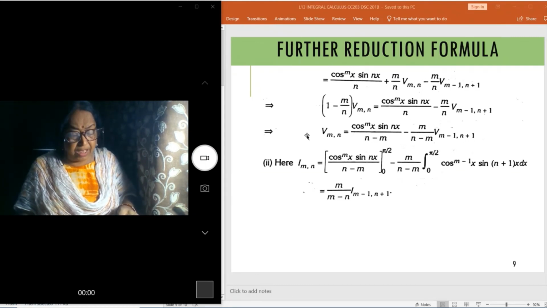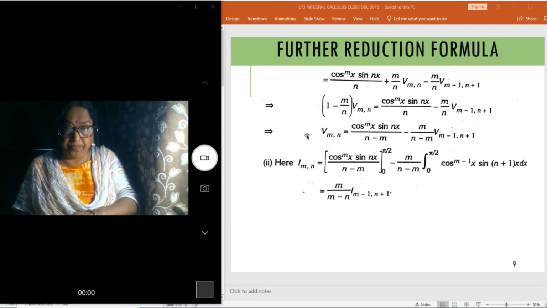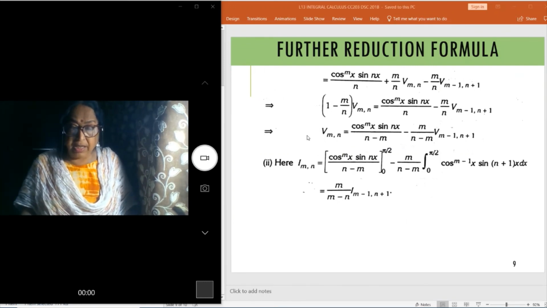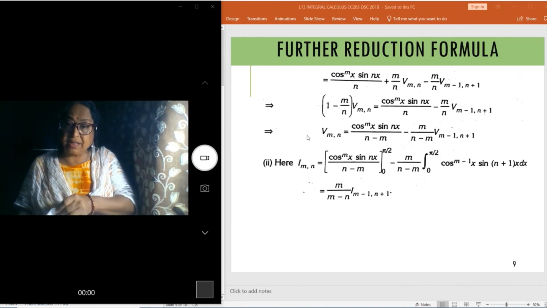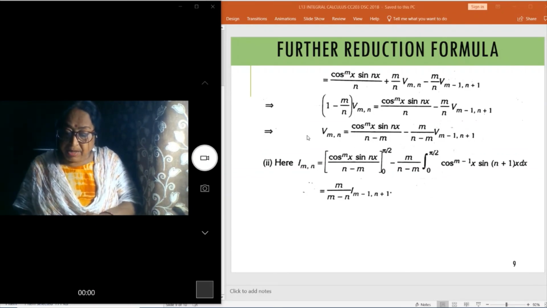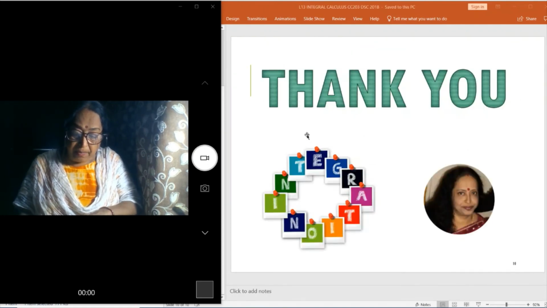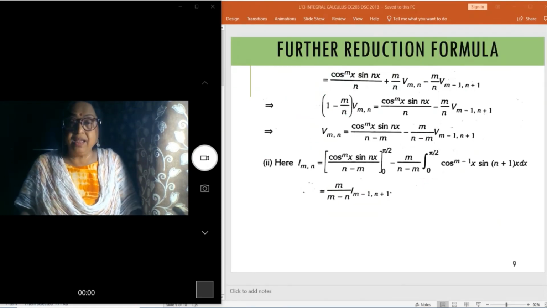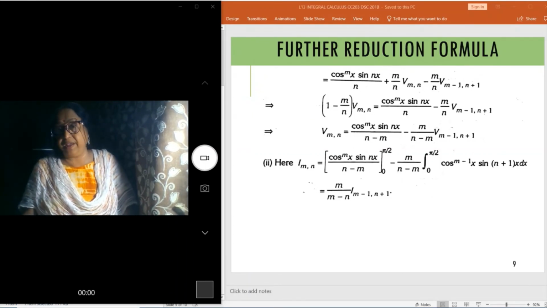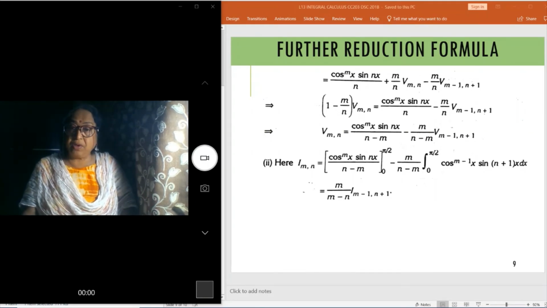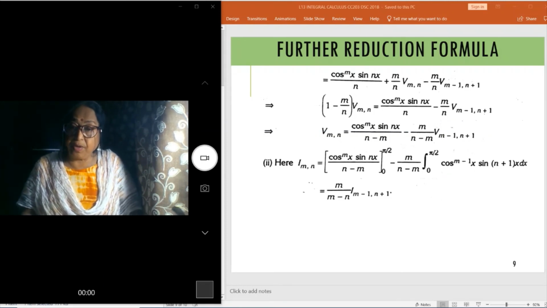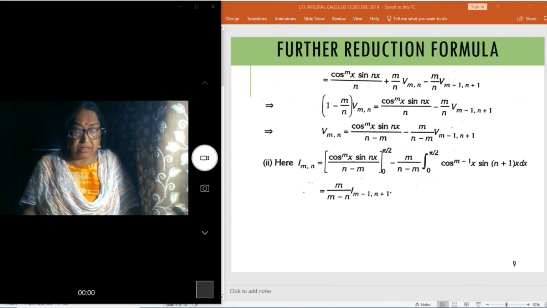In the first formula and the second formula, the formulas are different, because in case of sin nx and sin x we are putting different formulas, that's why. Similarly, third reduction formula, in place of sin x and sin nx, we did it in a different way. So there can be three possibilities. If we choose the first one, it will be different from the second one. The answer will be something different.